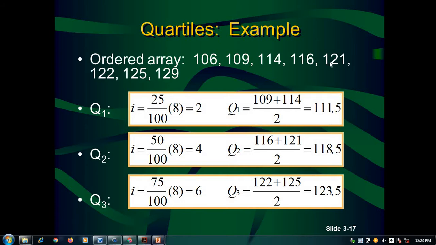So the fourth and fifth values average will be Q2, and we can verify that 50% of values in this data set are below 118.5. Similarly, 123.5 is the quartile 3 value. Okay, and you can observe 1, 2, 3, 4, 5, 6: 6 values are considered as 75% of the values which are below 123.5. Okay, now I hope you have understood the